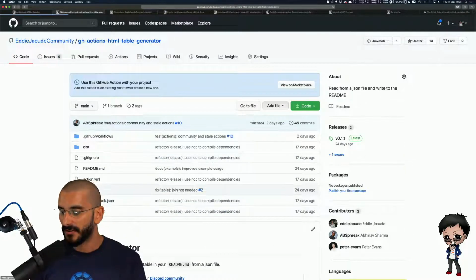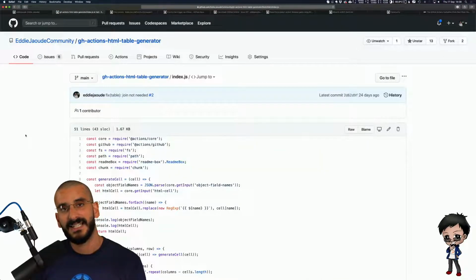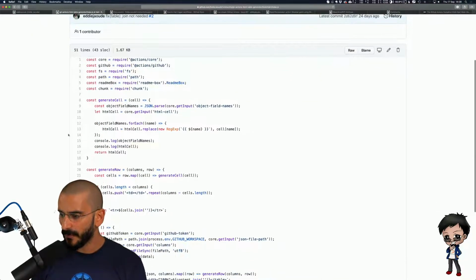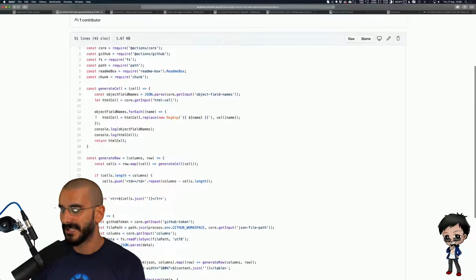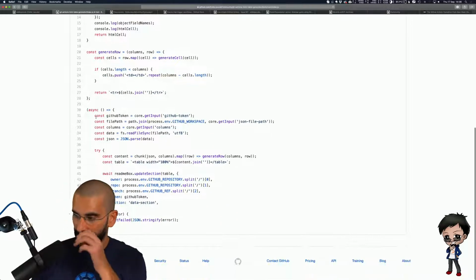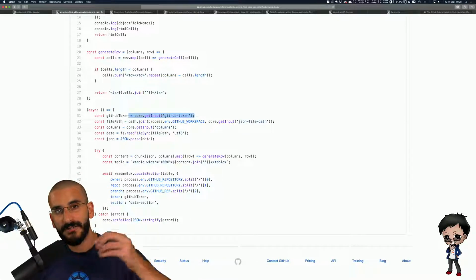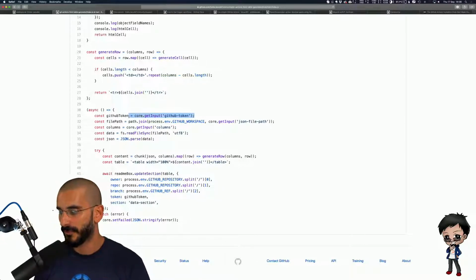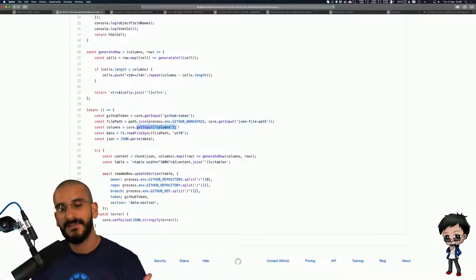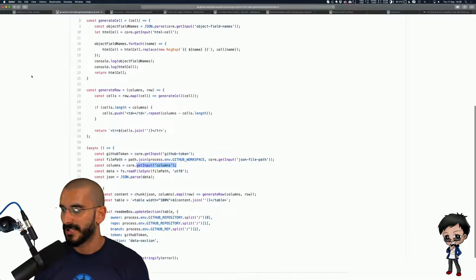The other file that you need to look at is, in this case, an index.json file. I'm not going to go into too much detail because it's just writing the HTML. But the start of it is we grab the GitHub token, because I need a token to rewrite the HTML in their project. And I grab some other inputs that I spoke about, columns, and it will give me the default from the YAML file if they don't specify it. And then I take the JSON, I loop over it, and I create the HTML. Let me show you what that looks like.